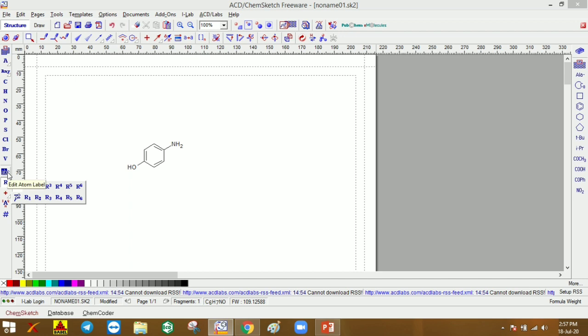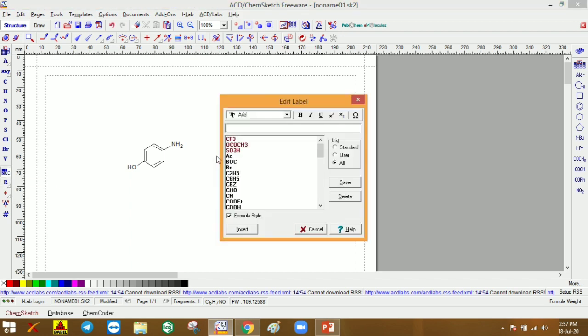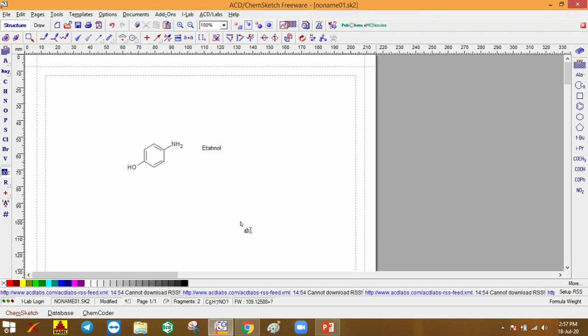And if you want to include any typing in the reactions, you can type using this one. For example, the solvent ethanol we are using, so we can type and insert that. And we can use the different types of bonds here. For a chemical reaction we can make a bond, so we can represent equations and reactions here also. All the atoms present on the right side we can utilize, and we can give any matter also, and we can represent plus and minus symbols for any anion and cation present in your compound.